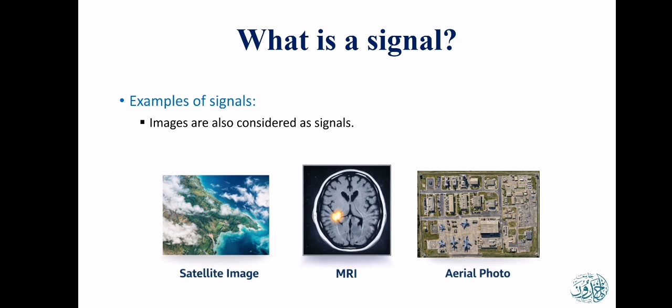A satellite image may reveal an approaching storm, or it could tell us about weather. An MRI scan may reveal a tumor. An aerial image may reveal strategic installations and very important information, sometimes under the pretext of national security. However,